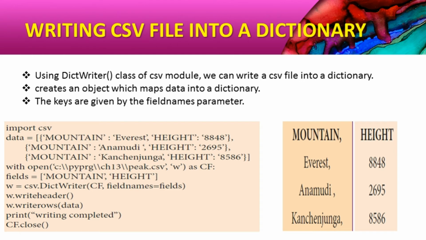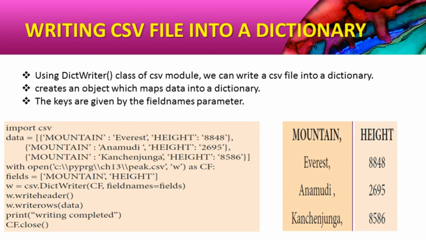Writing CSV files into a dictionary. Here, by using DictReader, that is the DictReader class, we are going to read a CSV file. A CSV file is a file type containing values which are separated by commas and new lines. Writing a dictionary to a CSV file, write each key value separated by a comma onto a new line in the .csv file. So by using the DictReader class we can read a CSV file into a dictionary.